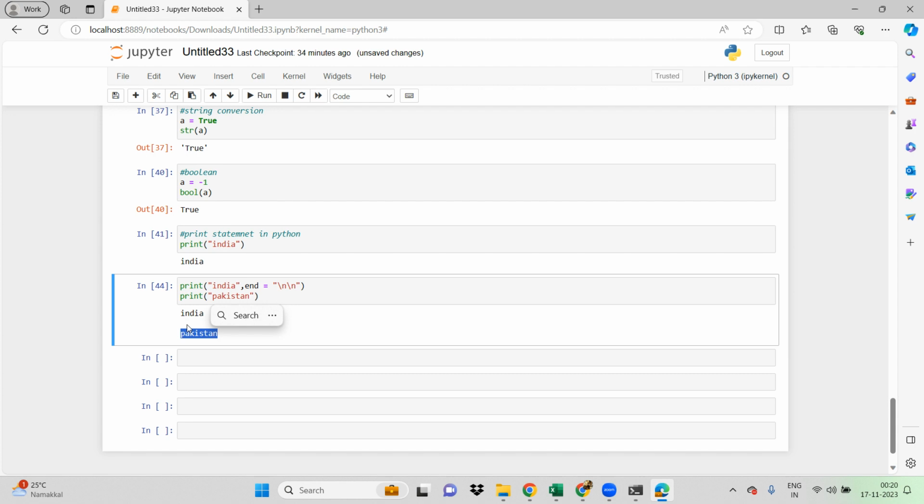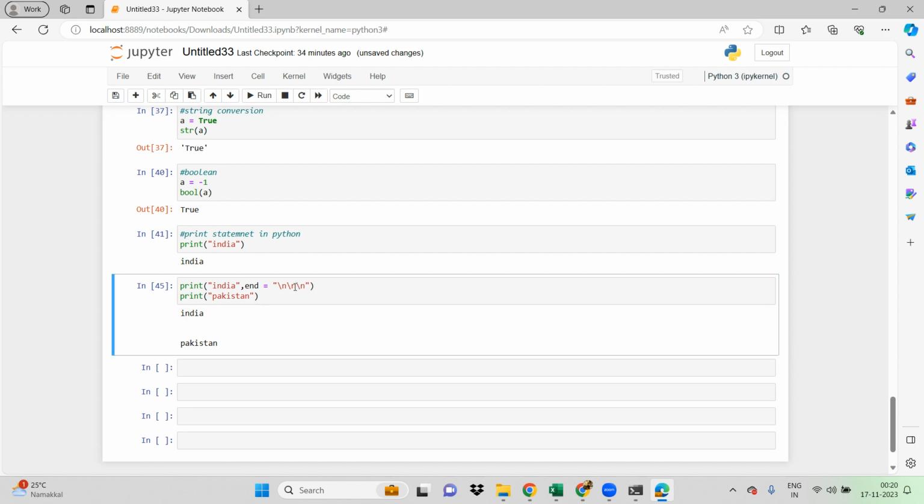Are you able to see here? There is one line space between India and Pakistan. If I add one more backslash n, it gives one more line space. Whenever you want something after the printing of India, you give it at the end. So what it indicates is that after printing the string of India,